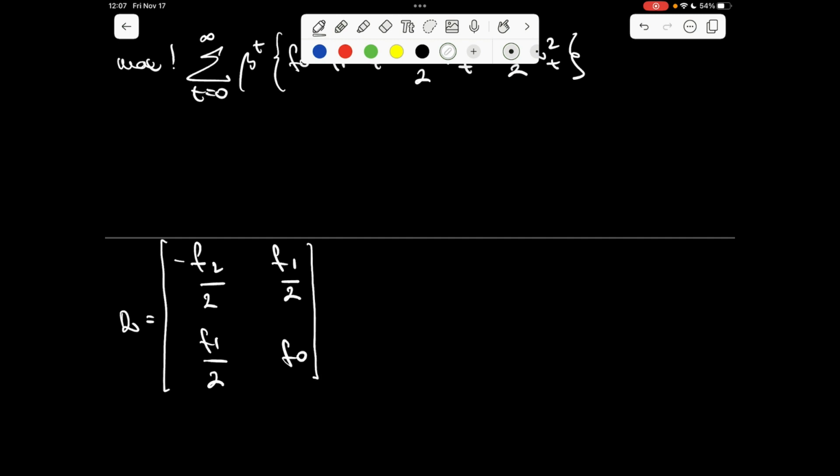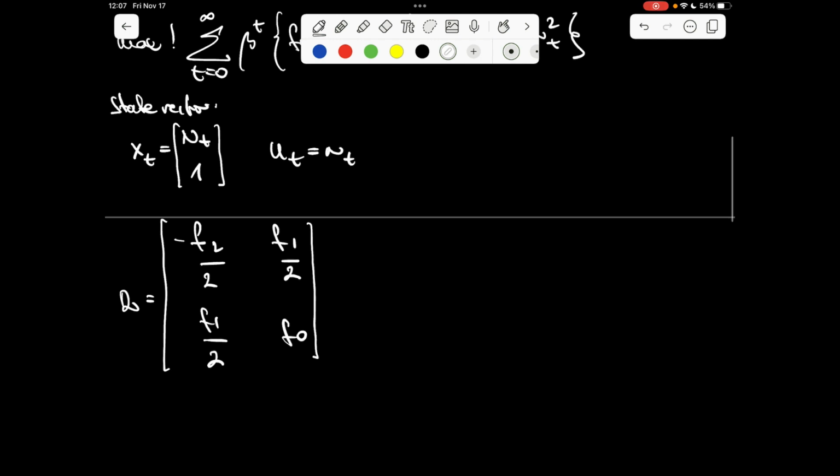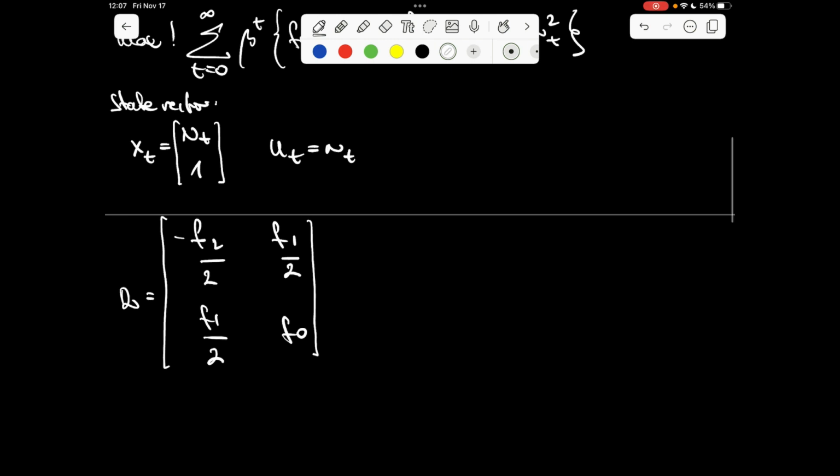Okay, because the state vector is really simple, that's all we need. Okay, this is the state vector, and this is the control variable, the new entrance to the schooling system. So we have R and we have Q